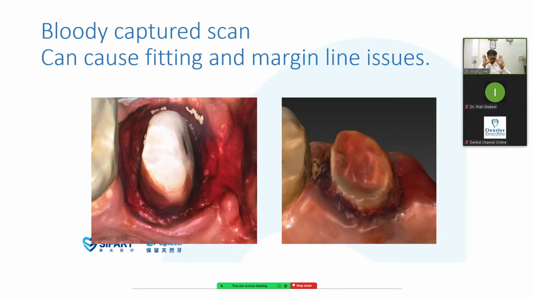Ask the patient to close the mouth for 1 minute. Okay, and then we are ready with the scanner. We take out the gauze and immediately start scanning. Okay, and why? Because